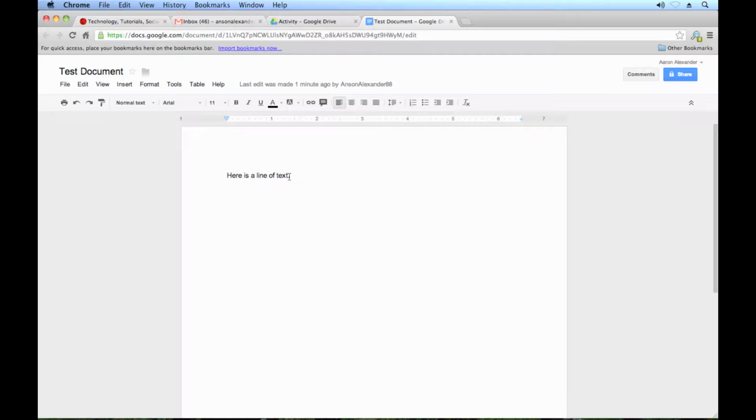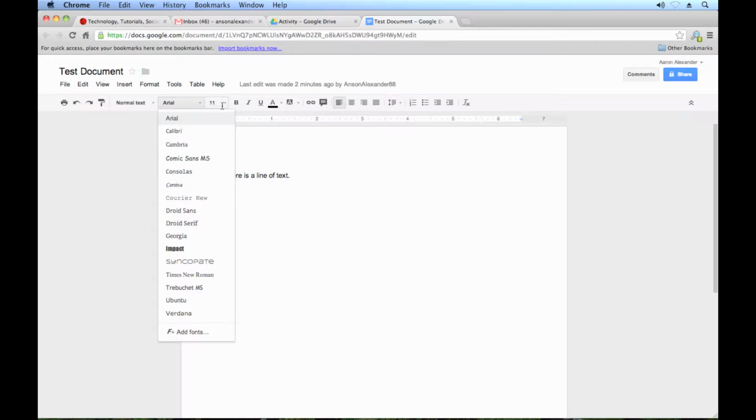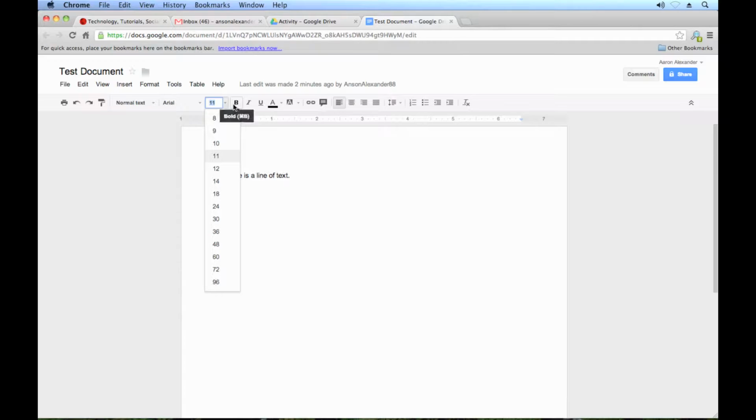There are a few things that I want to show you within the actual word processing service here in Google Docs. So you can see you've got your formatting bar here at the top. It's got all your basic types of text formatting, so I can change the font, I can change font size, I can change bold, italics, underline, I can change the text color or the background color, I can insert links,